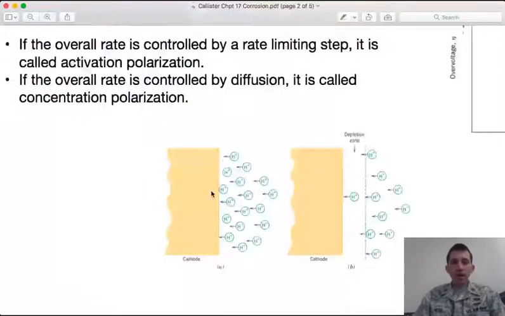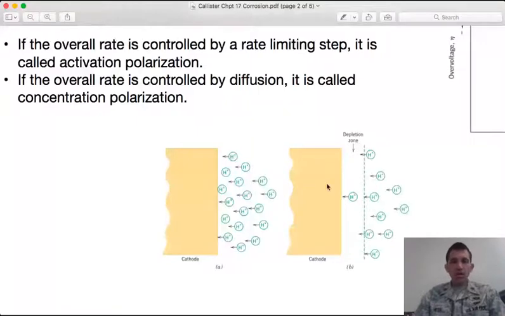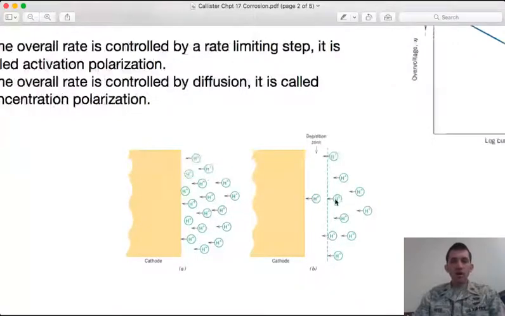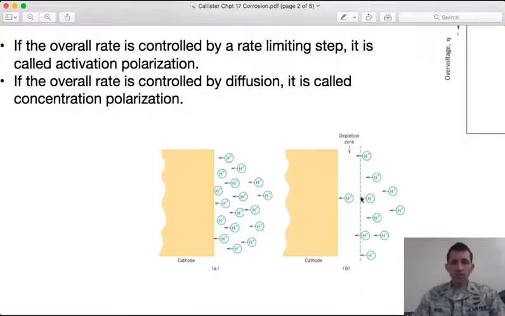But it could be that none of those steps are your rate limiting, in the sense that you're instead limited by the ability of your ions to get to the surface in order for any of these corrosion process substeps to occur. In which case, it's the diffusion across some depletion region near the surface that is your limiting step. Basically, any ions that can get across this depletion region will proceed through the entire corrosion process of adsorption and electron transfer and reaction and desorption